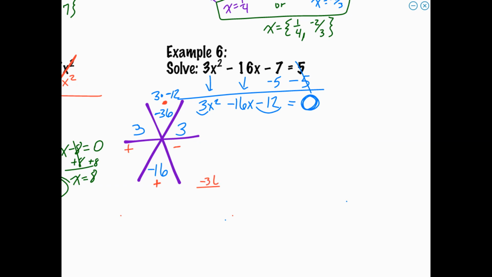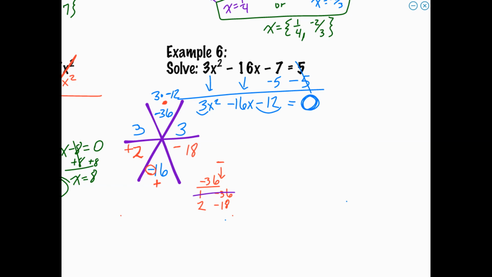So let's see, we've got negative 36. I know because this one's negative, my bigger number side has to be negative, right? So positive 1 and negative 36, does that equal a negative 16 when I add them? No, okay. So then I've got positive 2 and negative 18. Does that add together to give me negative 16? Yes. Okay, so 2 and